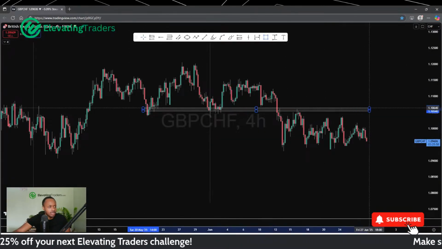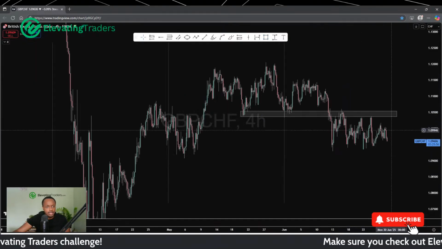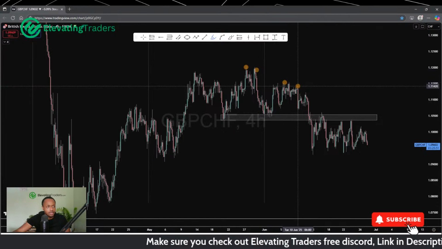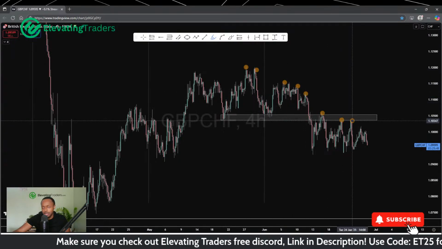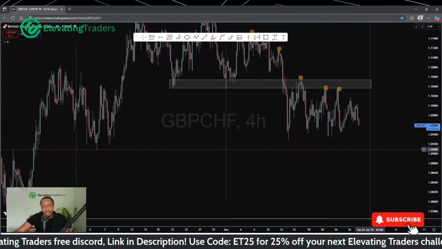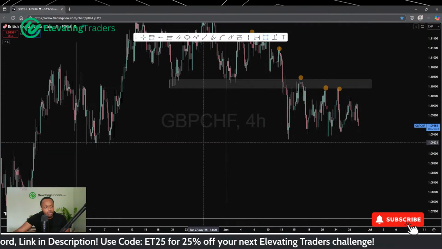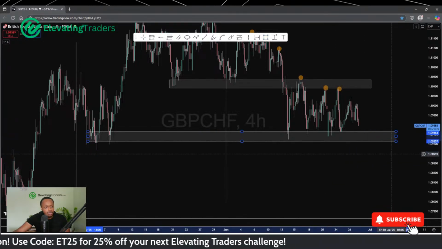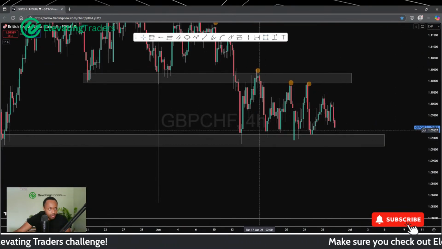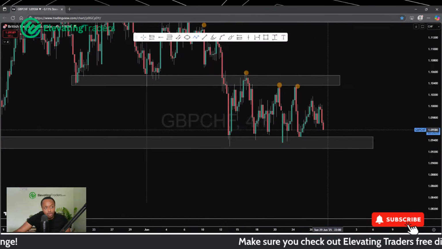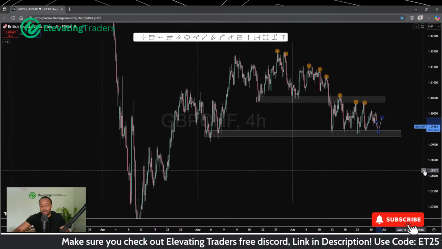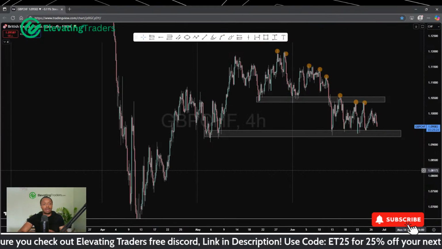Had a pretty nice retest of some support here, and it's been looking pretty bearish since then, pretty consistent with all of these lower highs as well. So yeah, pound CHF is looking pretty bearish. It does look like we are seeing some momentum at the moment. Again, I wouldn't get too excited until I see support break, because at the end of the day, this is still a pretty big level of support. And yes, we are looking pretty bearish right now, but you can see how many rejections we've seen at this level. For all we know, price could push back down into support and reject the pair again, reject the level again. So yes, we're selling right now, but there's not a lot to do with that.